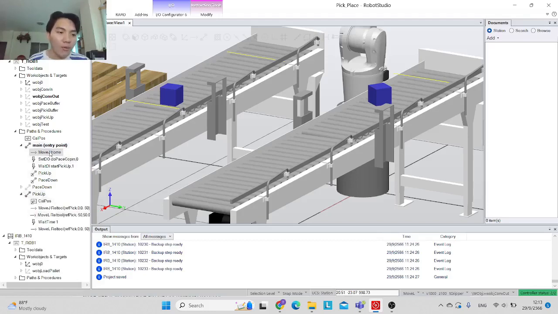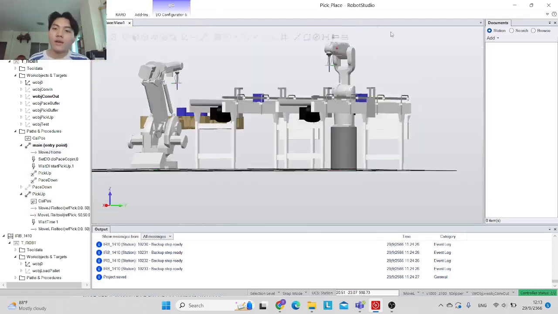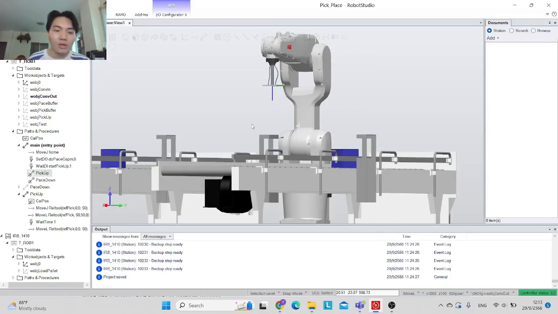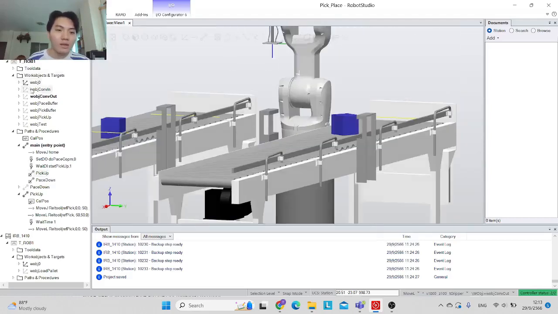So first of all, move j home moves the first robot to the home position that we set, and then we pick up the workpiece that I set up on the coordinate system like this, and then when we pick up, we move it to the other conveyor,